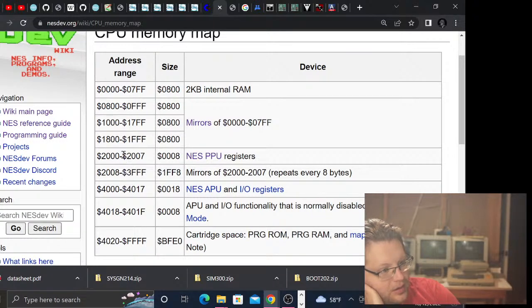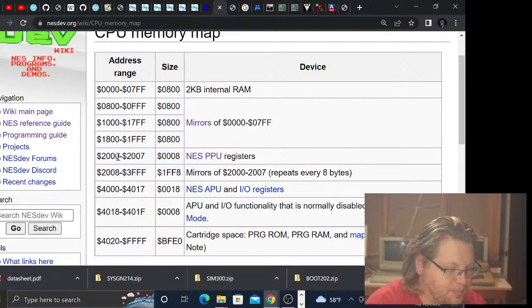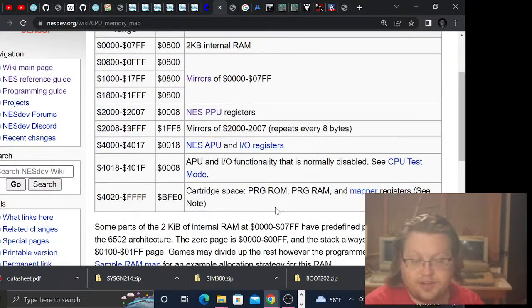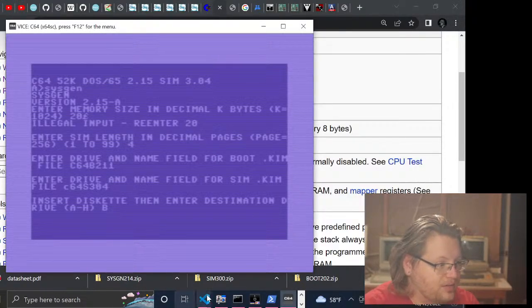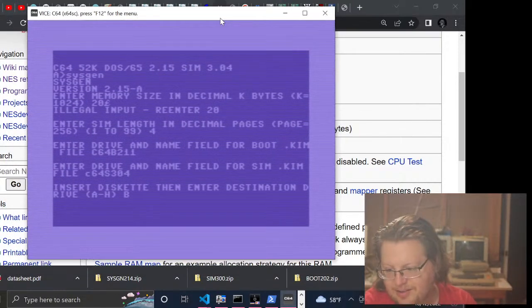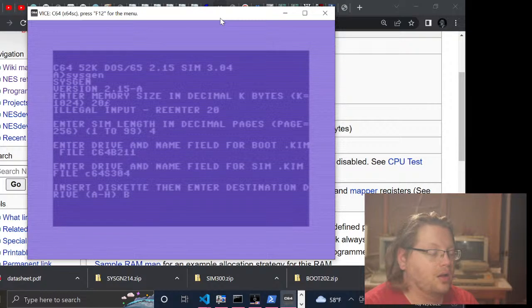Next time we might have to do a little bit more reading on how exactly the memory map setup works for DOS/65, because this could be a problem. Could be an issue. Might be a problematic issue, but we'll just have to look up more next time. At least now I know how to run sysgen, and I'll let you know if this finished tomorrow when we get back to this and steal all of the cartridge memory space. Until then,